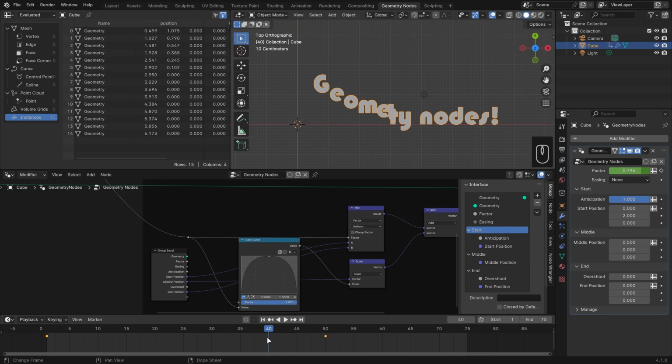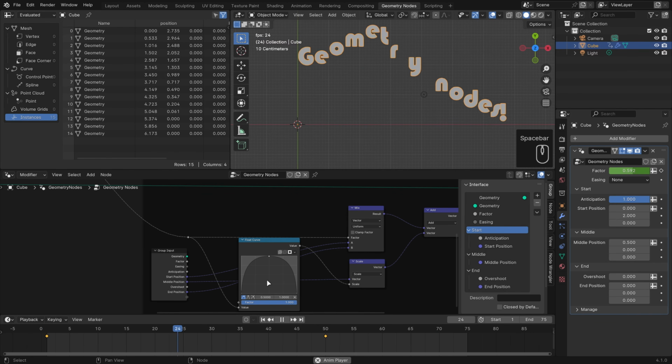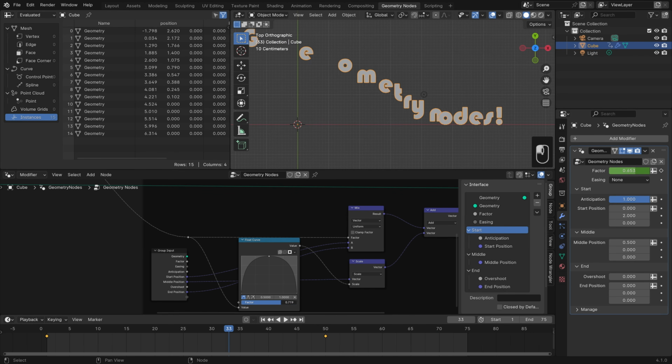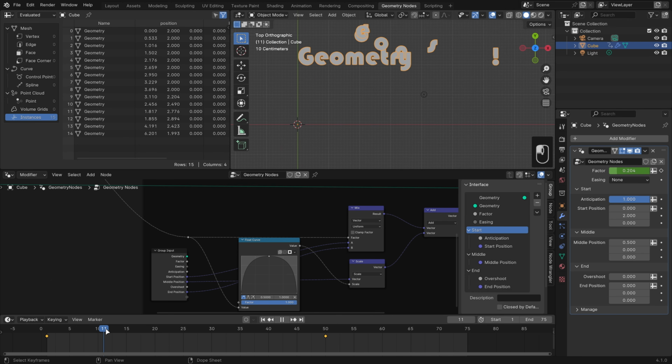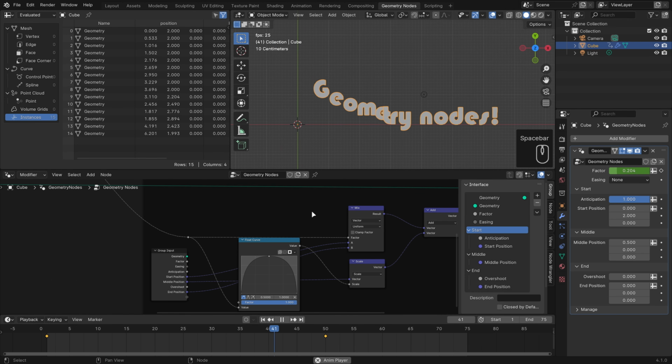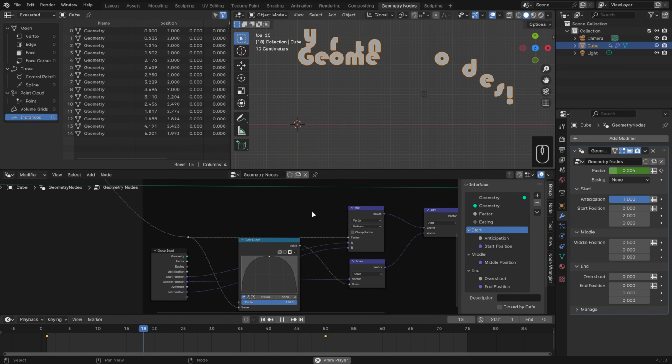The reason for that is that the output of this float curve is currently clamped between 0 and 1. It's not allowing the middle value to be interpolated in the negative direction. So all we need to do is click this little mask icon and uncheck Use Clipping. Now it's not going to update right away for whatever reason, but if you adjust this factor a little bit, then you can see something strange happen. It'll pop way in the opposite direction, which does look kind of cool, but it also might not be what